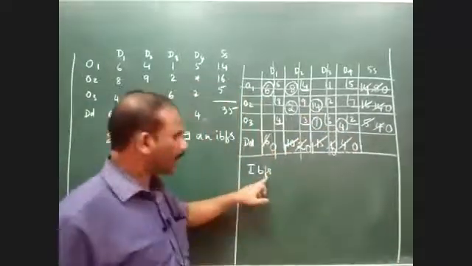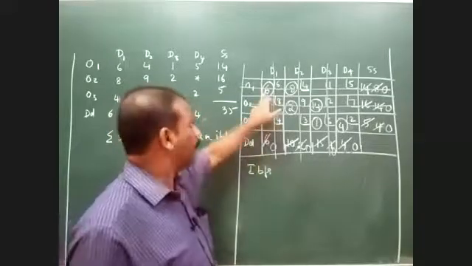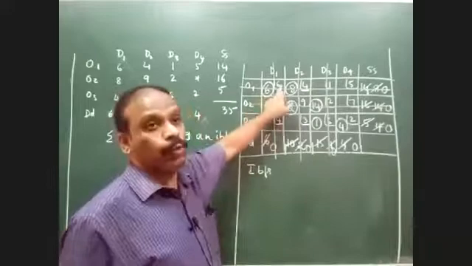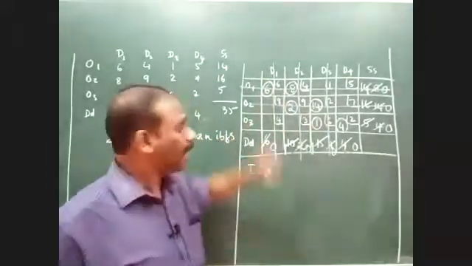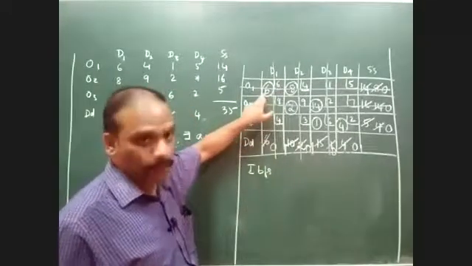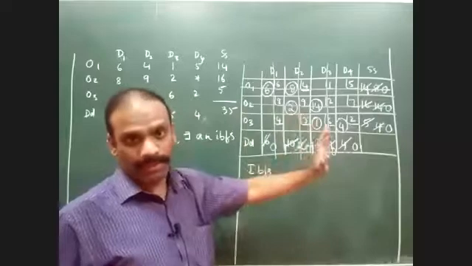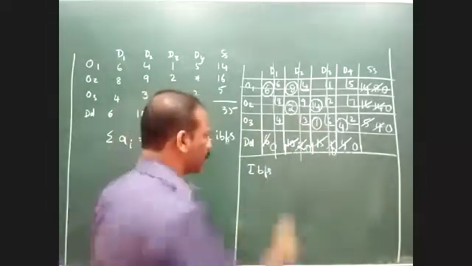Now, whenever you are calculating the initial basic feasible solution, you are supposed to multiply the allocated value into the unit transportation cost. So all the 6 cells are to be considered, and in each cell multiply the unit transportation cost by the allocated value and add them. And the total is called the initial basic feasible solution. So let's quickly do it now.